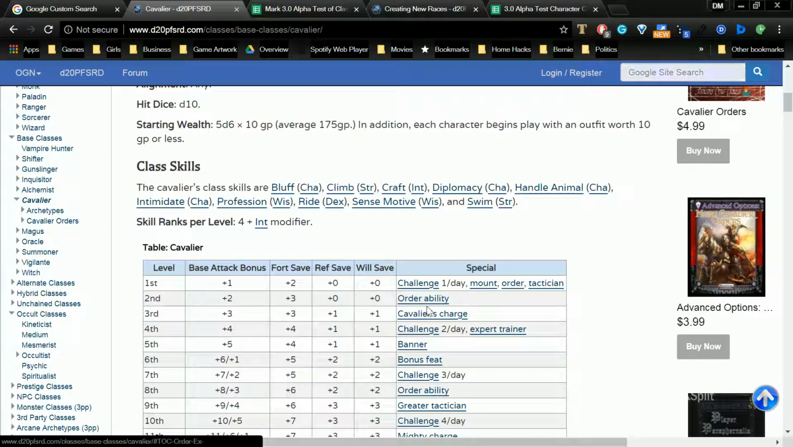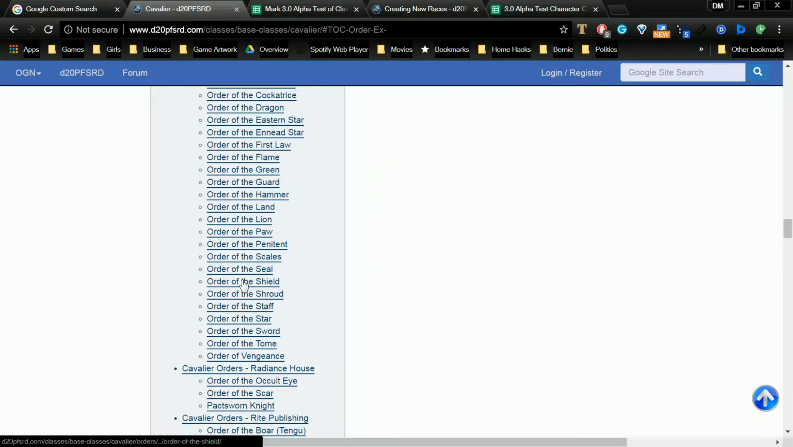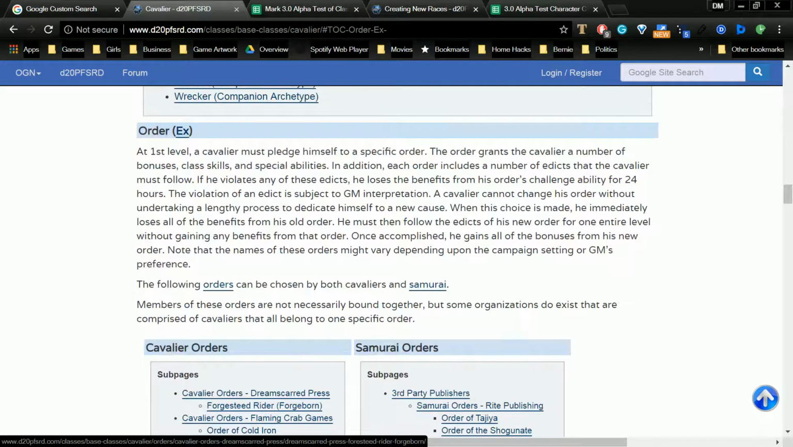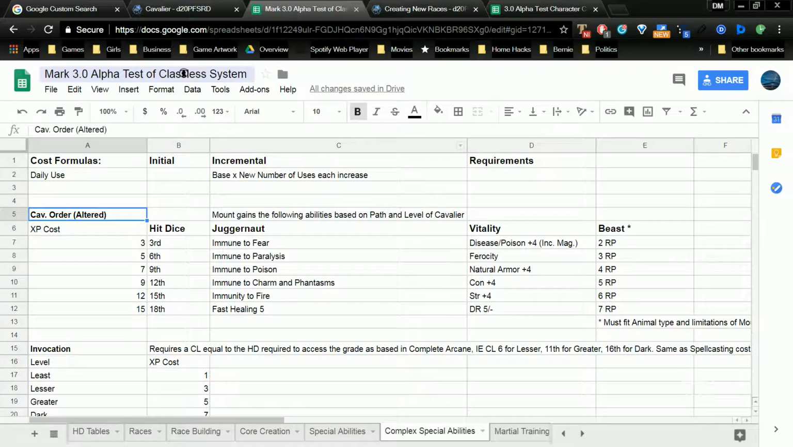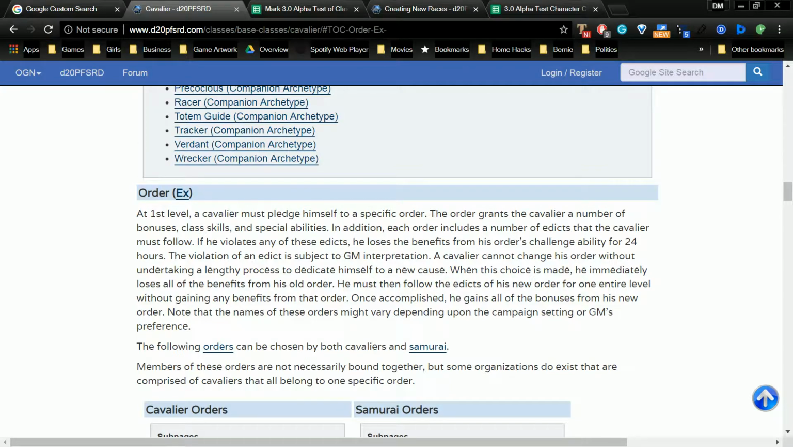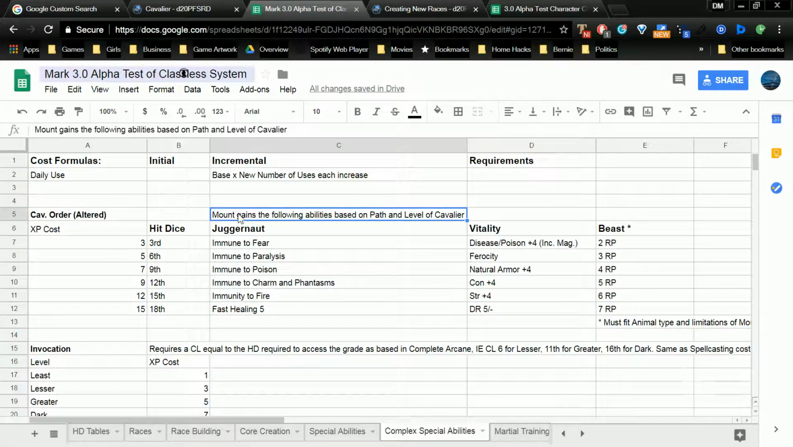Here we go. The Order ability was complex in a bunch of things that really, I feel, don't embody the class. The Cavalier is a mounted knight, essentially, and I don't feel like these were giving mechanically what the Cavalier needs to do well, right? So I pulled those. You can ignore everything here and utterly just ignore that. If you want to play Cavalier stuff, I've altered it. The mount gains the following